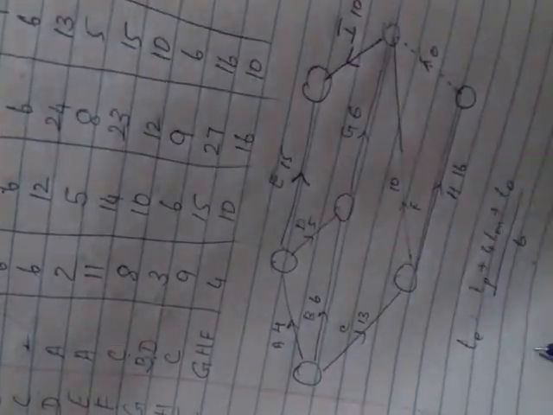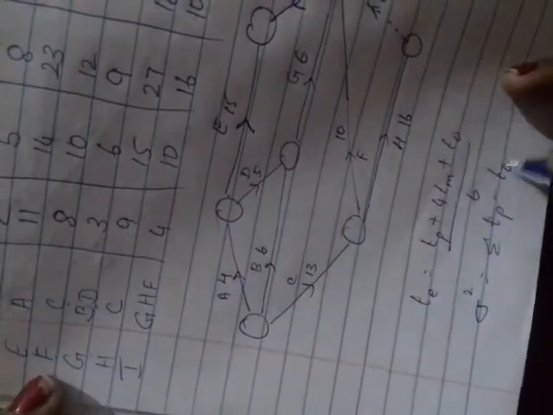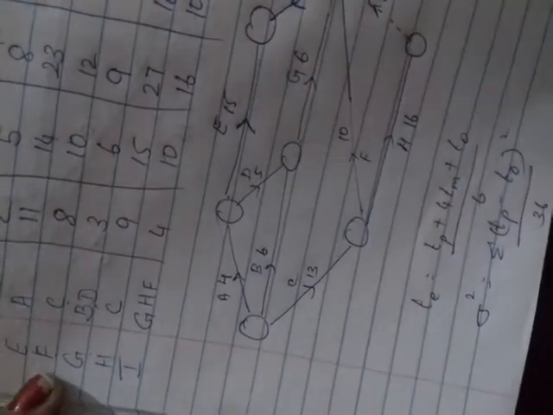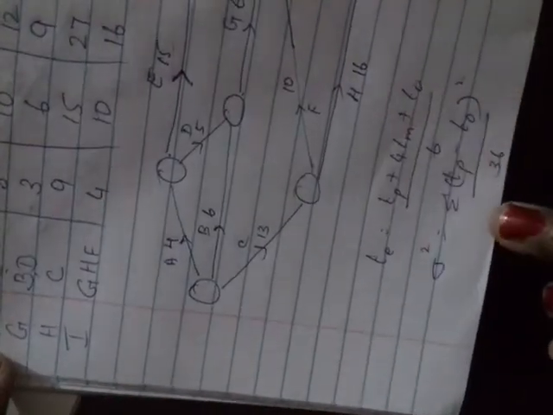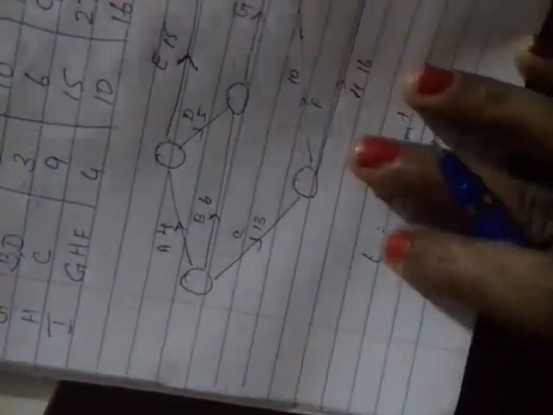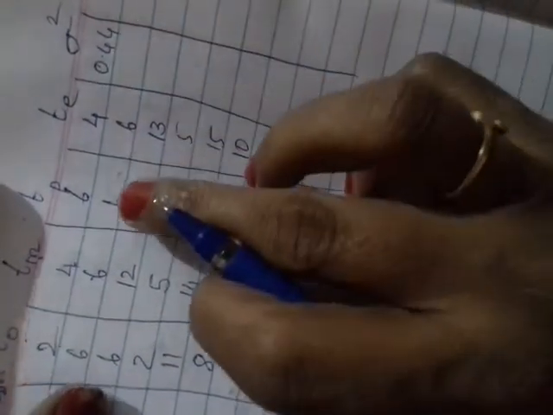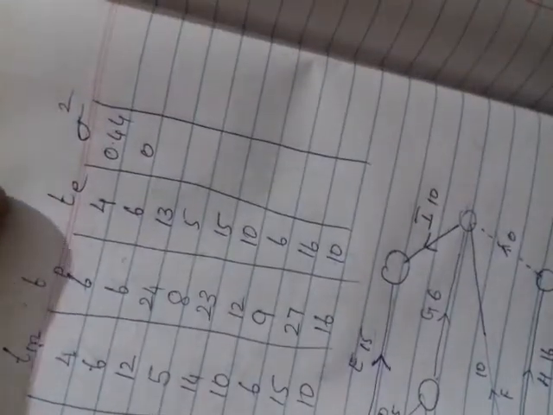Now variance. What is the formula for variance? Sigma squared is equal to the summation of (Tp minus T0) the whole squared divided by 36. So this is the formula to find your variance. Tp minus T0, how much? 6 minus 2, you will get 4. 4 the whole squared is 16. 16 divided by 36, you will get 0.44. Next Tp is 6, T0 is 6, so 6 minus 6 is 0. 0 divided by 36 is 0. Similarly, find out for the other values. So I found for the other values.